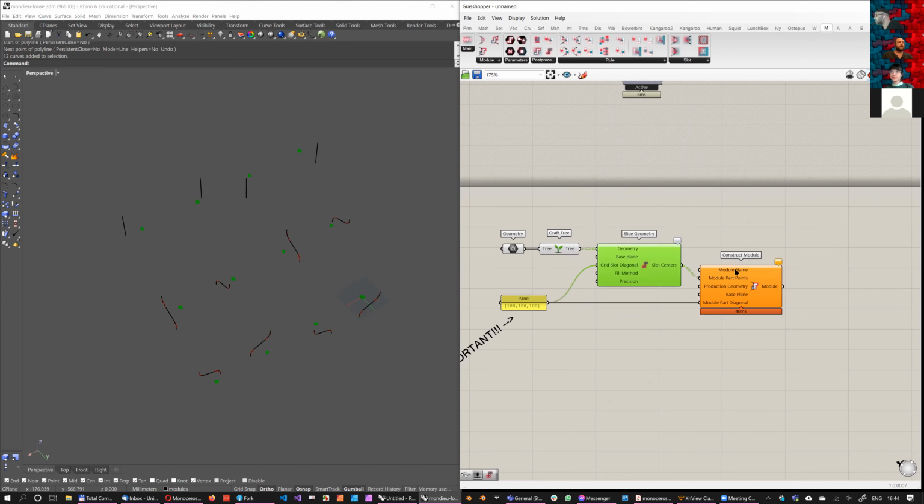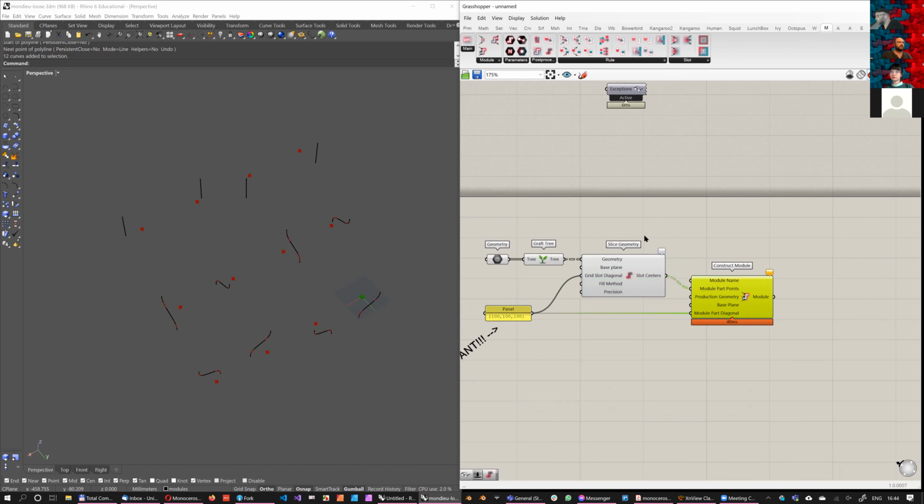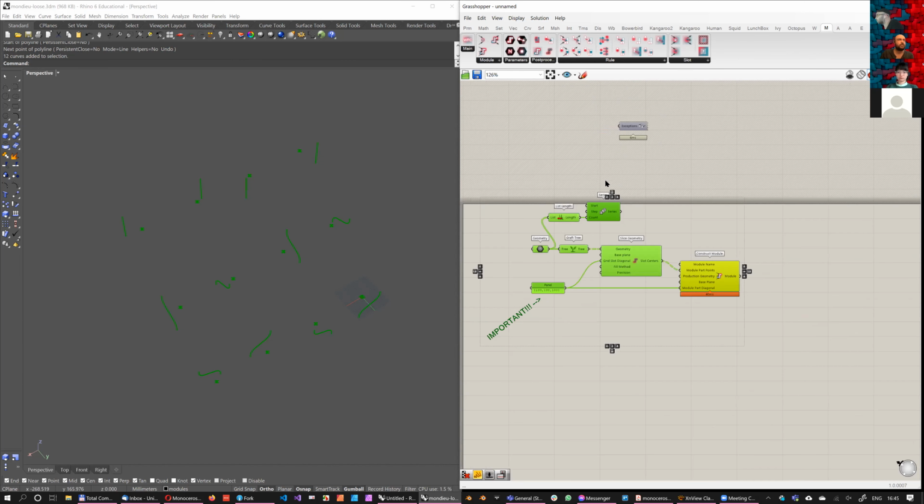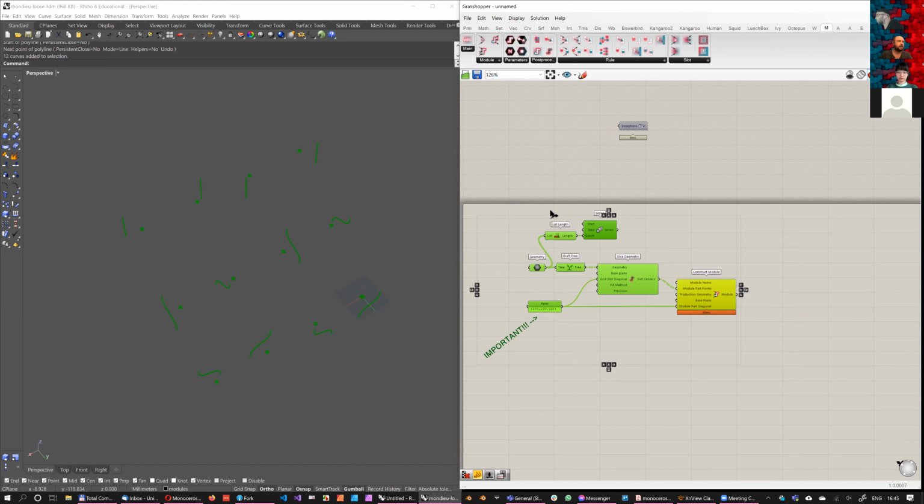And I don't know how many modules I will need. So I will measure how many geometries I have. The answer is 12. So I will make a series and generate. I'm intentionally now trying to generate everything except the geometry itself. But with Monoceros, you're able to generate the geometry in Grasshopper. You don't have to draw it manually